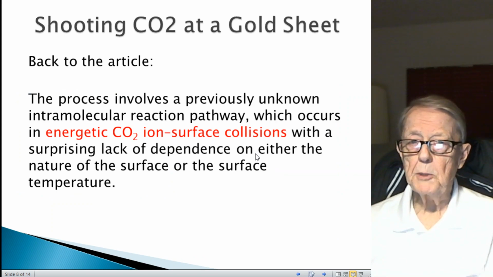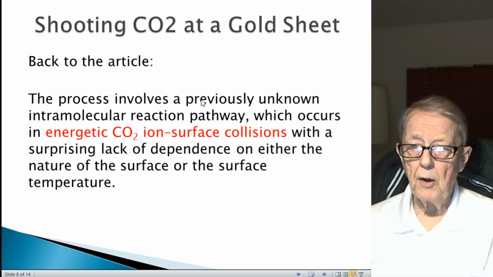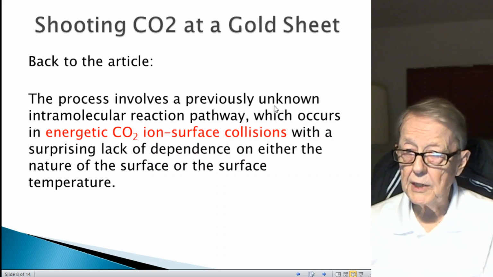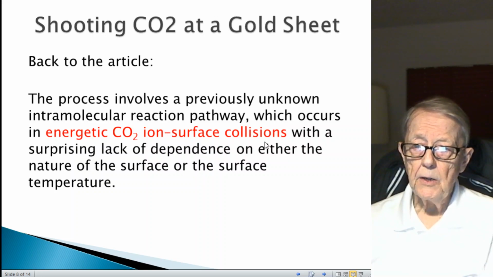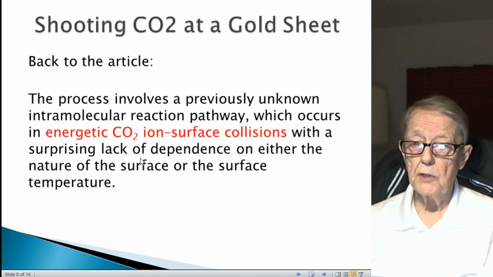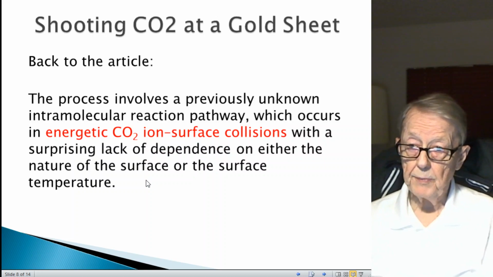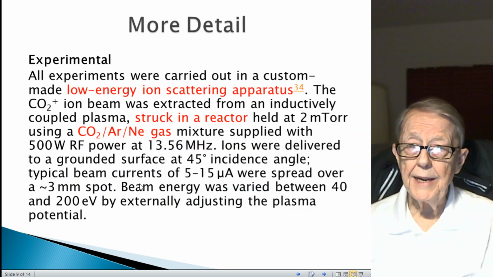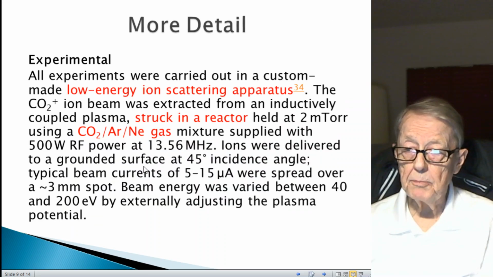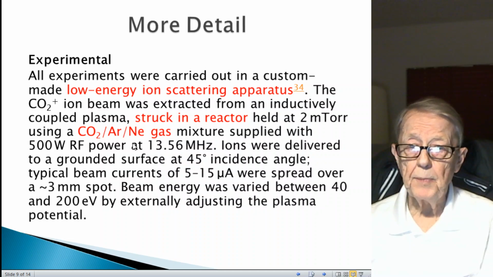Okay, so back to the experiment, the article. The process involves previously unknown intermolecular reaction pathway, previously unknown, which occurs in energetic CO2 ion to surface collisions, with a surprising lack of dependence on either the nature of the surface or the surface temperature. The surface they use is gold, and we'll see that here in a moment. And what they're doing is they're shooting beams of CO2 at the gold. I had to relate to this because this is quite